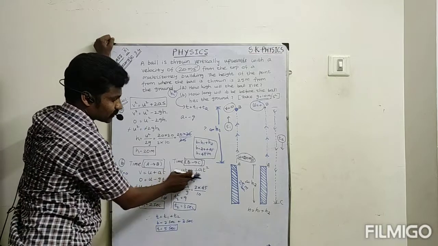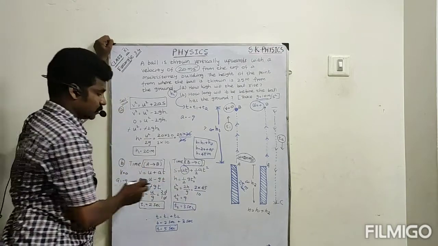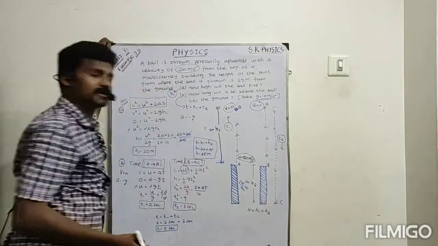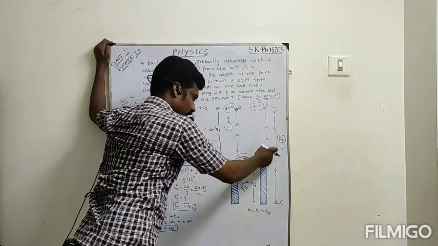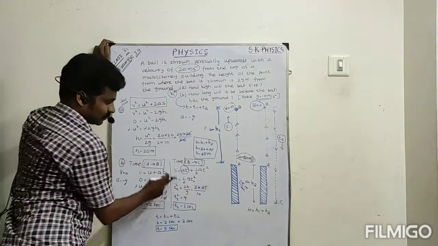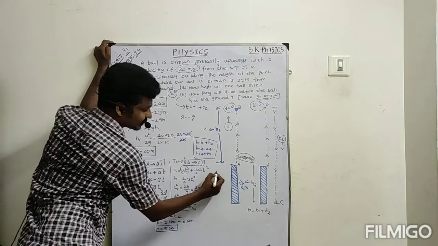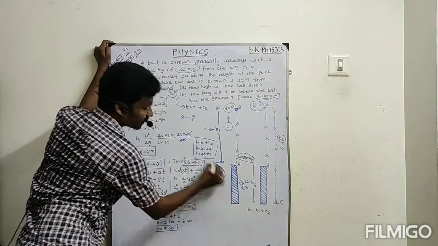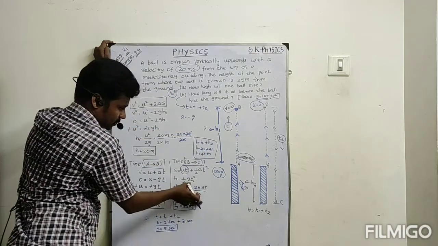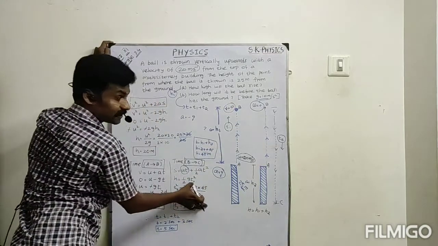So s is equal to ut plus half at square. Here u value is 0, so this term will not come. s is nothing but the displacement of the object from B to C. Up to here h1 height, up to here h2 height. So h is the displacement. So instead of s I can write h is equal to half into acceleration, taken as g, not minus g. Why? Because it is towards the gravity. So a is equal to g. So h is equal to half g t squared. It is time 2, so I can write t2 squared.